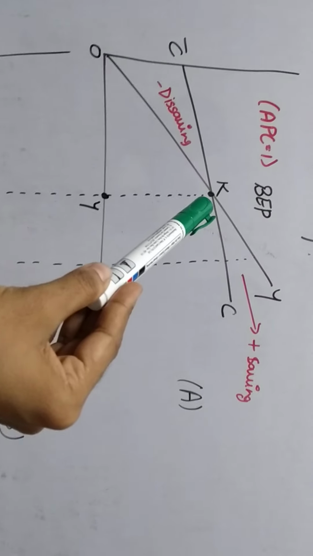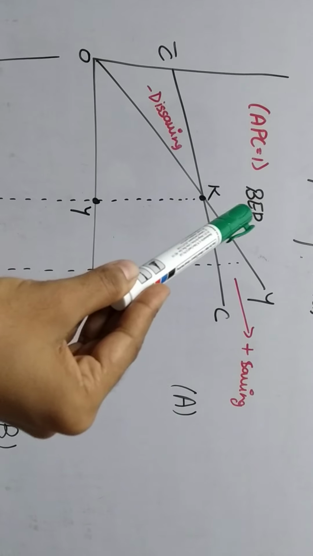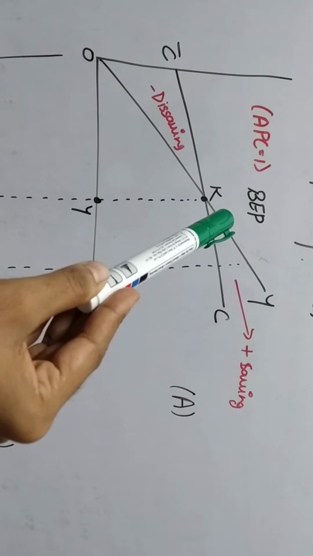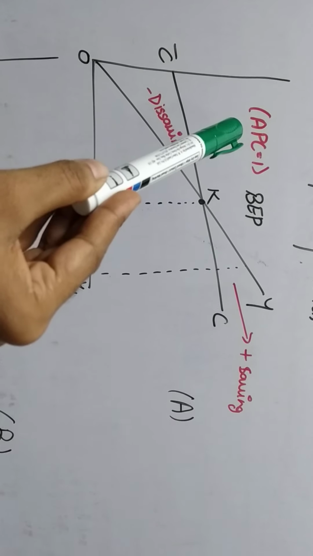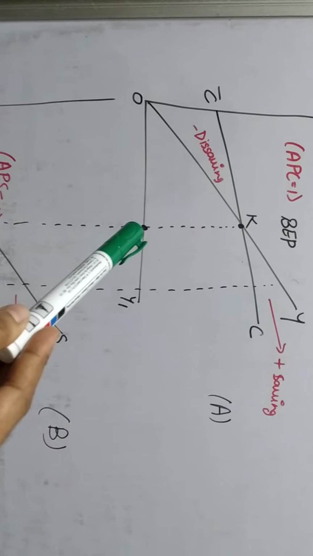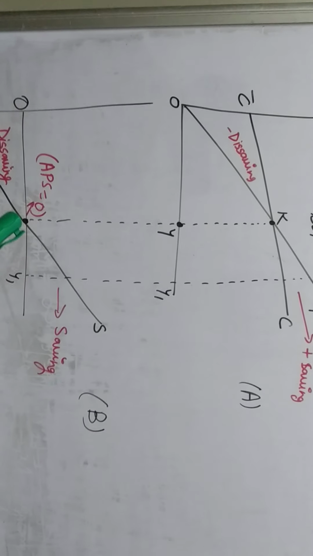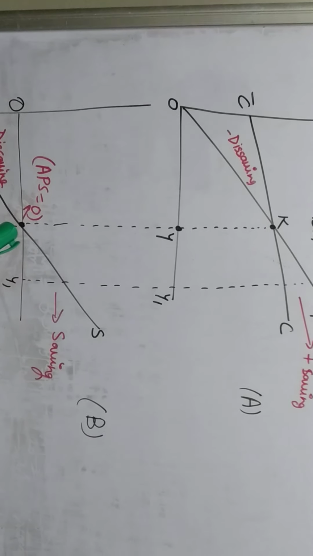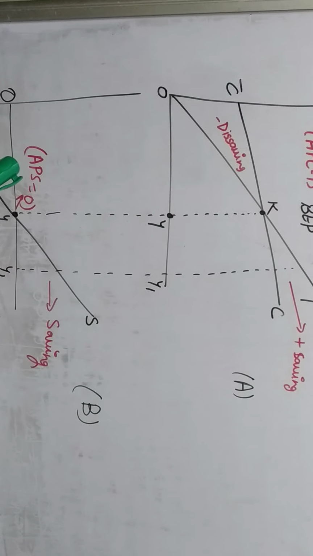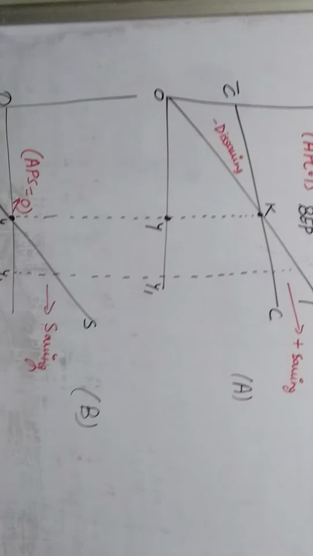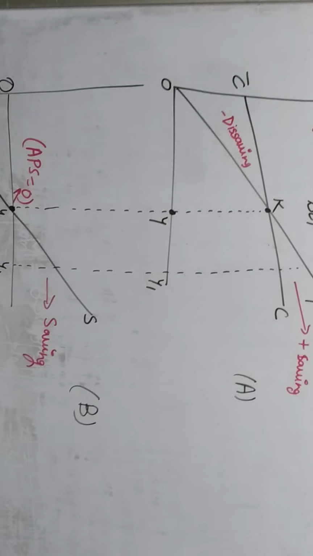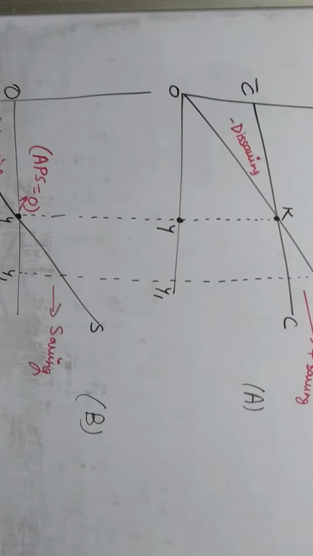After that, at point K you can see the break even point. Break even point is that point where income and consumption both become equal to each other, and you can see that APC is equal to 1. From that point we can make a vertical line, and here at the same OY level of income, your savings are 0. That's why we have written APS equals 0. This thing will be very clear to you if you see the video again where I discussed the features of the APS.